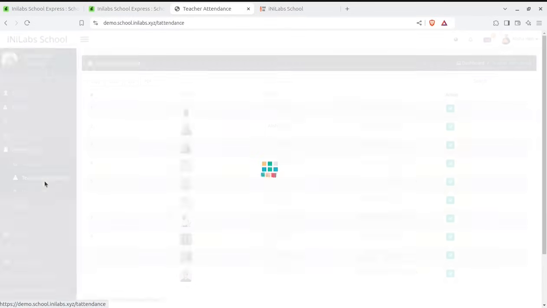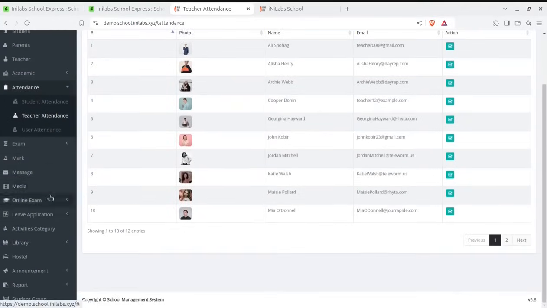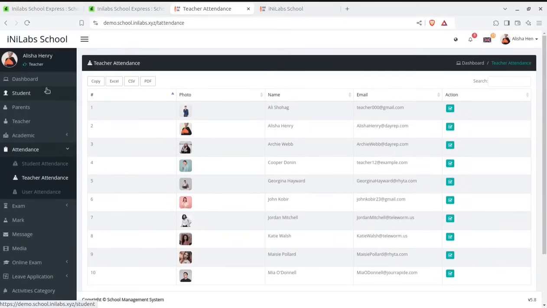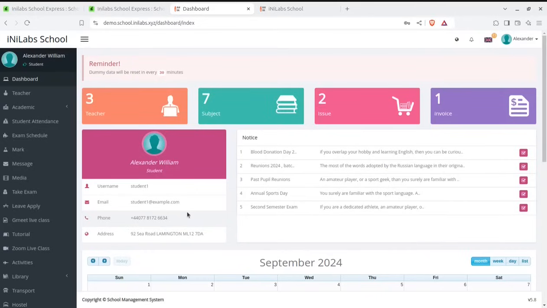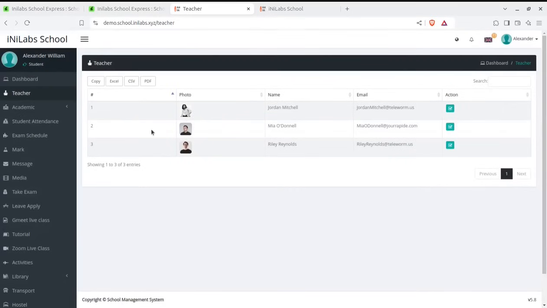So teacher attendance and all. So this is the teacher screen. You can see these are the modules: activity, category, library, hostel, announcement, report, and all these access are available to a specific teacher. So a student login is here, and the student can handle that and can see the teachers,